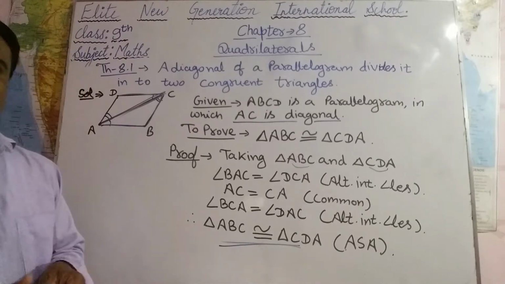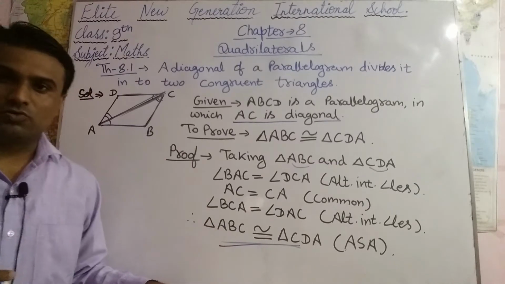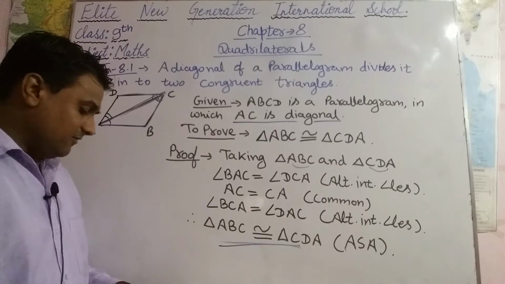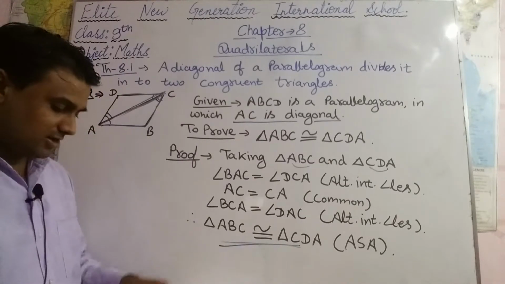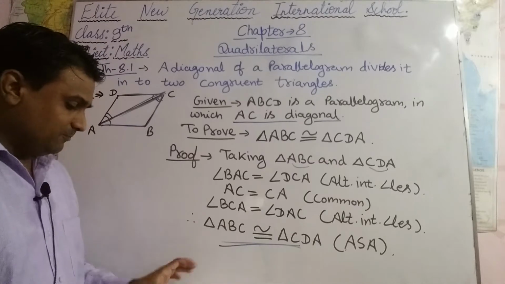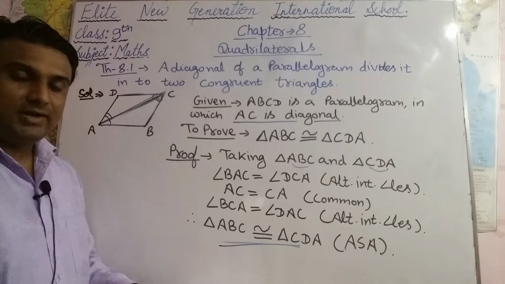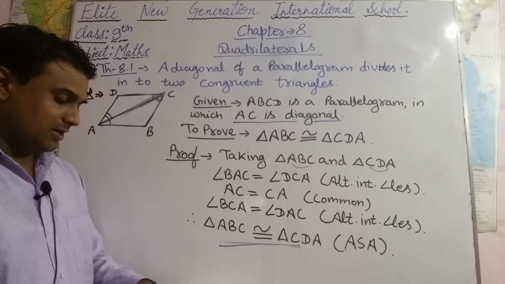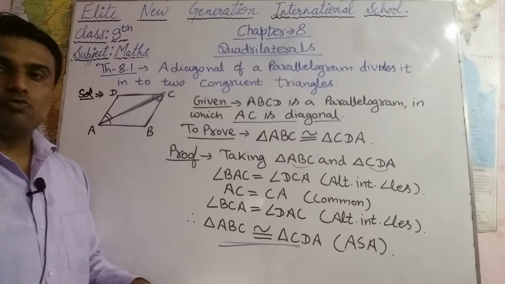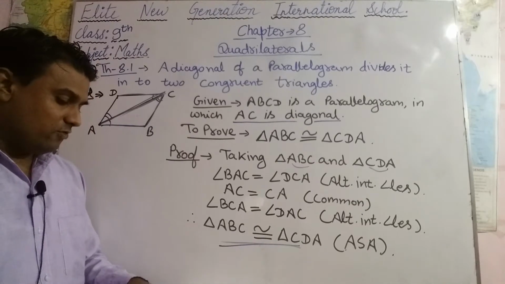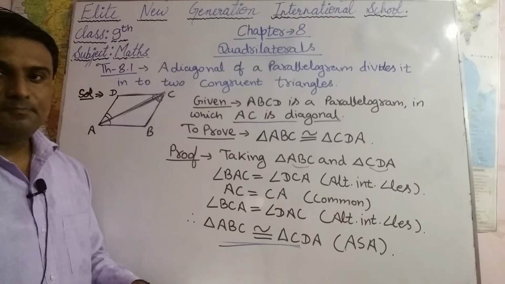So here in your NCERT book you have been given all these theorems up to 8.7. So you can try up to theorem 8.7, and these examples are also important. So you have to do all these solved examples. Now I am going to start your exercise 8.1, and theorem 8.8 is also there, that is a quadrilateral is a parallelogram if a pair of opposite sides is equal and parallel. When a pair of opposite sides is equal and parallel, then we can say that the quadrilateral is a parallelogram.